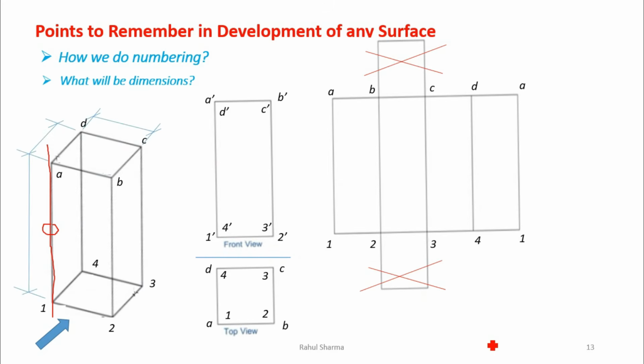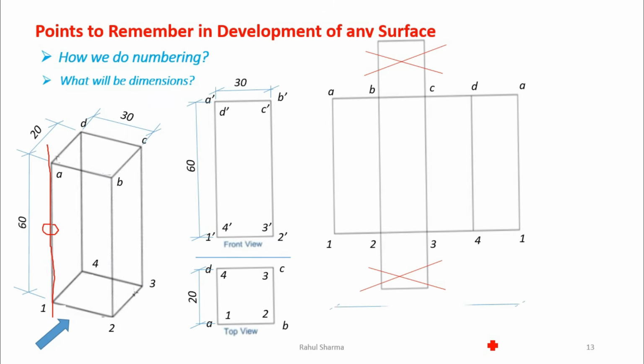So let's say this object has the dimensions 60 as the height, 20 as the width and 30 as the length. So when you see the front view, you will see these dimensions. In the front view you will see 60 height and 30 length, and in the top view you will see the 20. No need to give the same 30 again, we learned it in orthography.